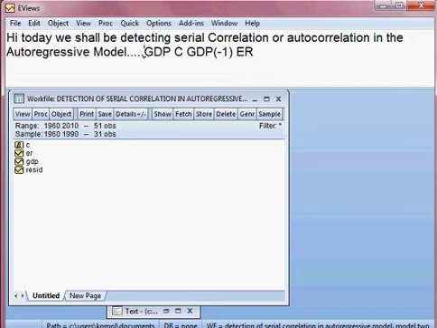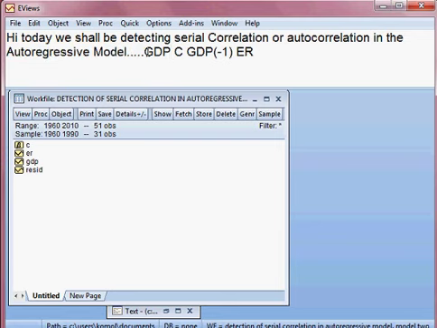Suppose GDP is the dependent variable and ER is the independent variable and GDP lag 1 is also an independent variable, and this type of model is called autoregressive model